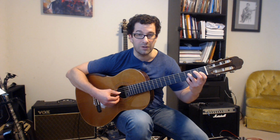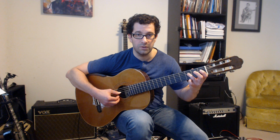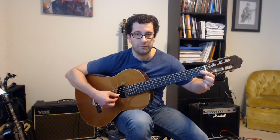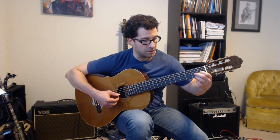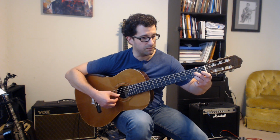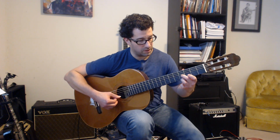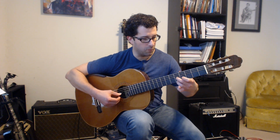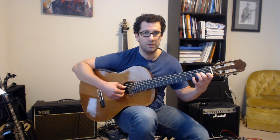And then string 4, fret 3, and string 2, fret 3, finger 3, finger 4, back to string 3, fret 1, and string 1 open. Then we're back into this little series of 6 where we're using fingers 2 and 3 and sliding around on the same fret. 2 and 2, 4 and 4, 7, 7, 5, 5, 4, 4, which is basically a repeat from the intro. All right, all of that together, A minor chord,